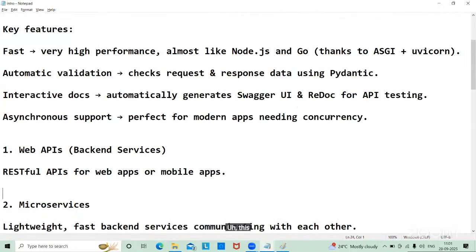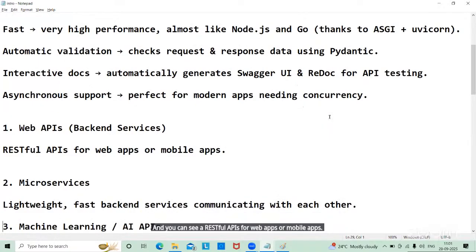This is what I said, like web APIs or web backend services, and you can say RESTful APIs for web apps or mobile apps, right? Yes,